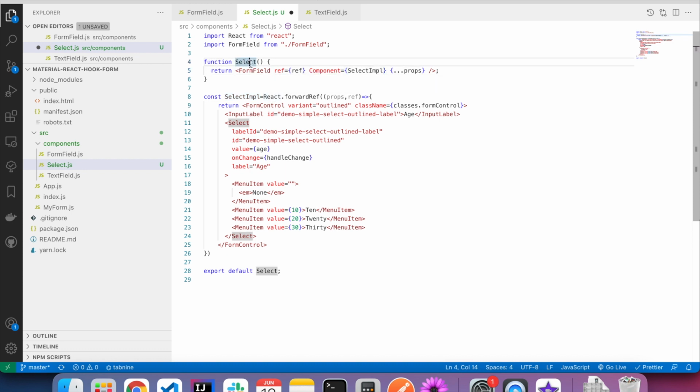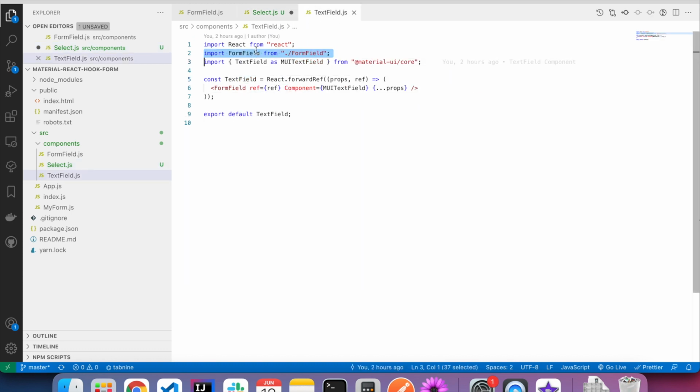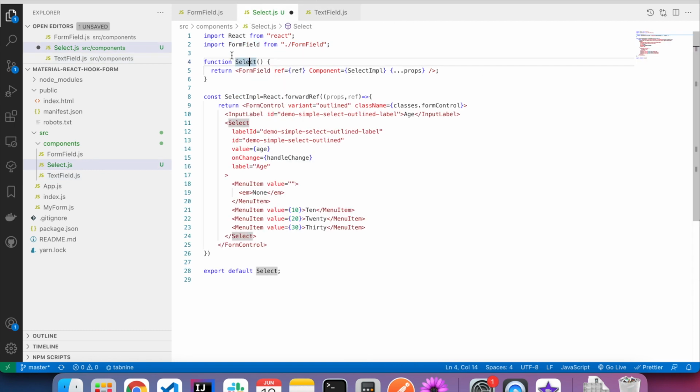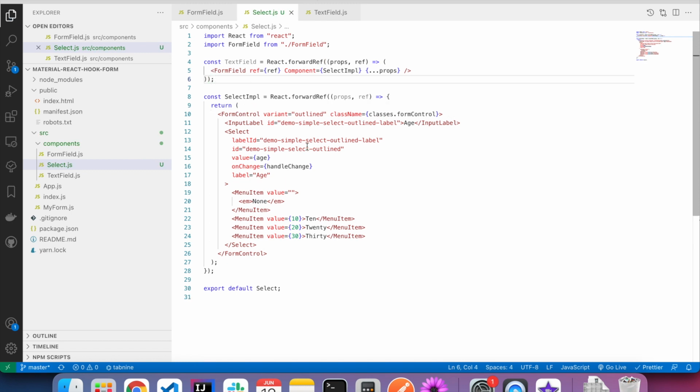Here also I should be able to accept a reference from outside, just like our text field component. I'm going to change this to accept reference from outside. I'm going to rename it to select.